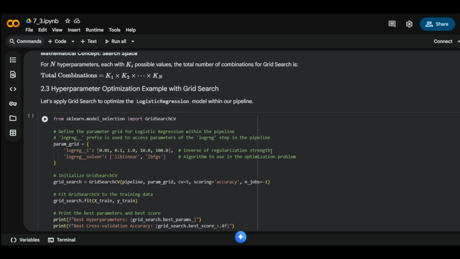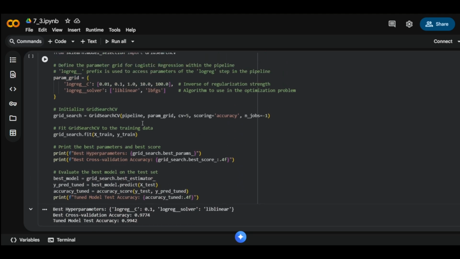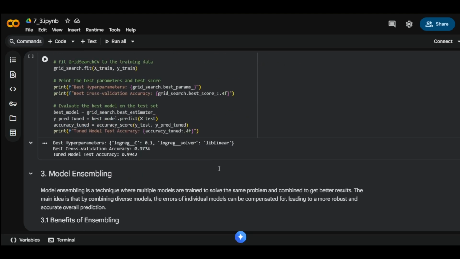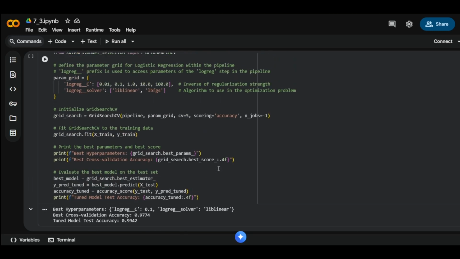We apply GridSearchCV to our pipeline, specifically tuning the logistic regression component's inverse of regularization strength C and its solver algorithm. The process involves fitting grid search with five-fold cross-validation, and the output reveals the best hyperparameters found, for example, C equal to 0.1 and solver as liblinear, along with the best cross-validation accuracy of 97.74%. Finally, the best tuned model's test accuracy is evaluated, achieving an impressive